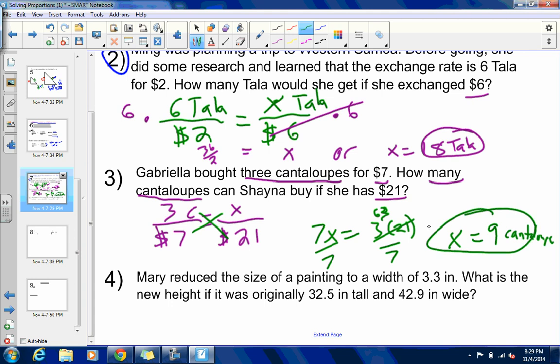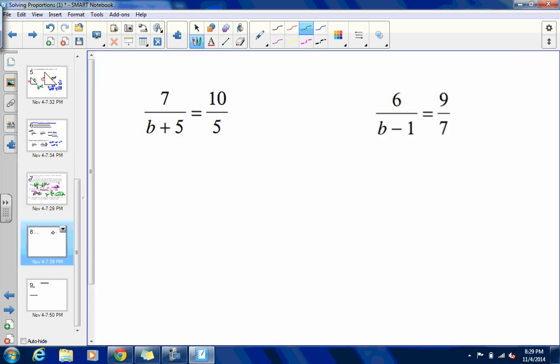All right. So you're just setting up a proportion and solving for that missing piece. All right, I'll let you try the last one on your own. There's one last thing, though, that I want to introduce to you before I let you go, and that is